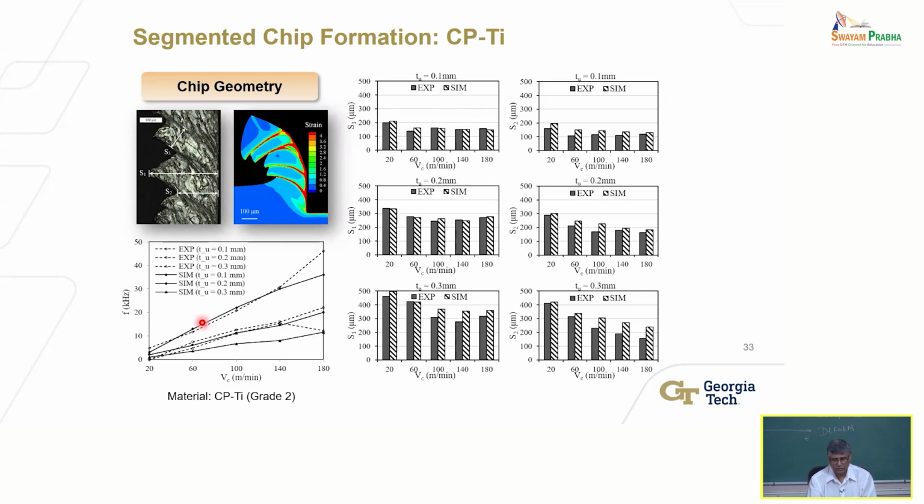So this is also looking at the segmentation frequency. That is the frequency of these high strain, low strain regions. They occur periodically. So you can predict that, and compare that to what you observe experimentally. So these are all ways. Now, if you can measure temperatures, that would be another way to verify. But what is easy to measure? Forces are easy to measure. Chips are easy to characterize. Those would be the two easiest things. Thank you, sir.